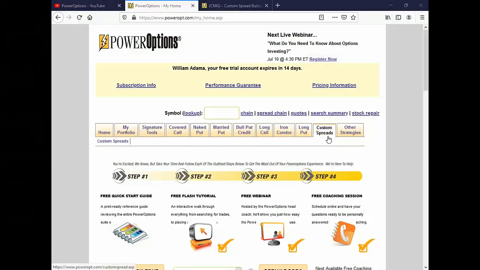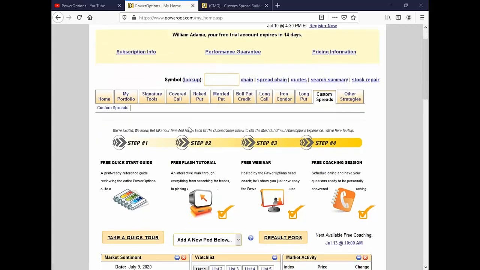So what we're looking at here is your basic trial account to Power Options. For those of you who are just getting started, I encourage you to take advantage of the 4 steps that are listed here. You want to make sure that you get access to that quick start guide. You can access some of the tutorials that are available, little walkthroughs on the site, the variety of webinars that